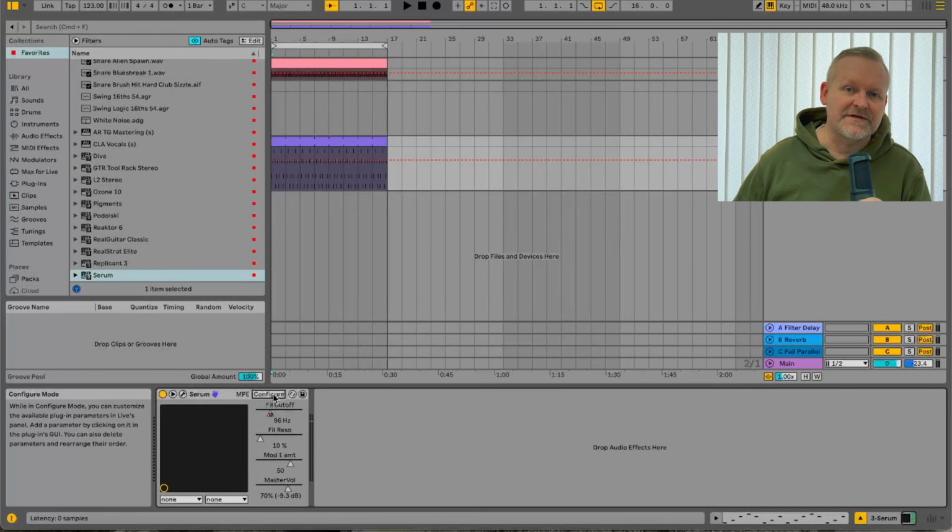So this is a seriously cool feature that gives you very, very deep control over all your third-party plugins in Ableton. And that is it. Super simple, but really, really